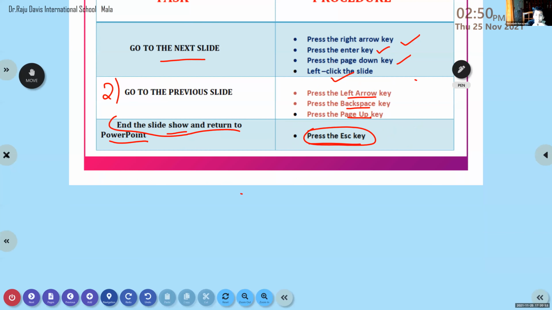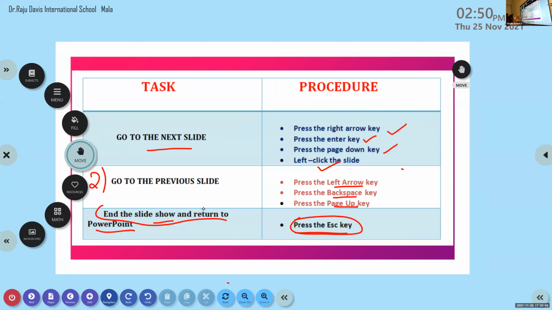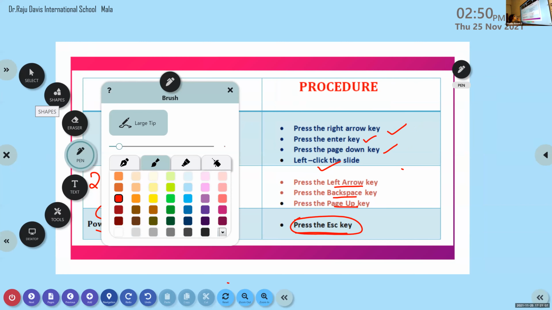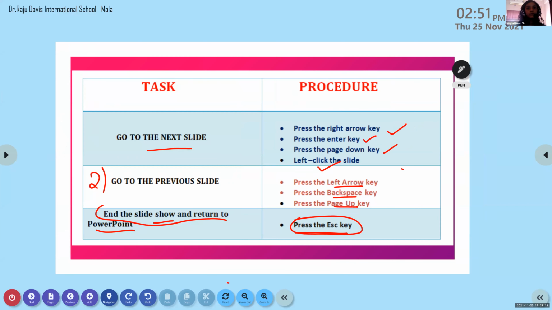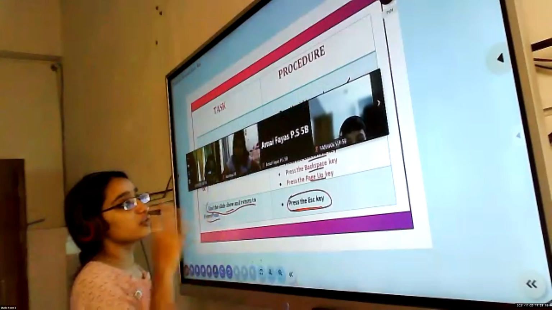Okay. Ma'am, I didn't understand. I will be randomly calling each and every one, so you have to guide me. Ma'am, I don't know anything to do. You have to guide me. Ready for that? Yes. And one more thing, you have to be quiet, otherwise your team's marks will be reduced.